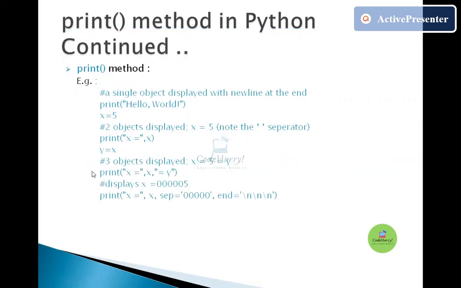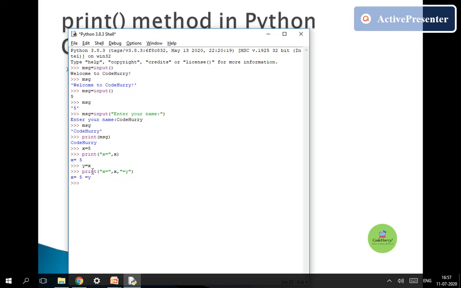After this, we can change the separator also and the end character also. So let's see this example. What I'm doing is, I'm trying to display 2 objects, "x is equal to", comma, x. These are the 2 objects, and I need to change the separator. Instead of space, I'm just going to add 5 zeros, and I'll change the end character also.